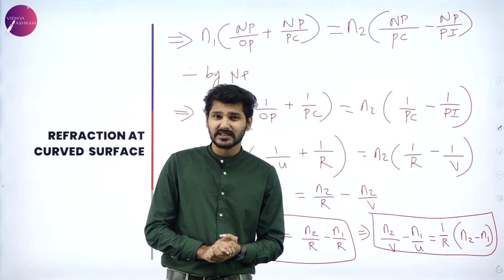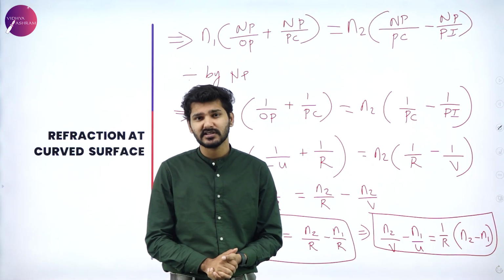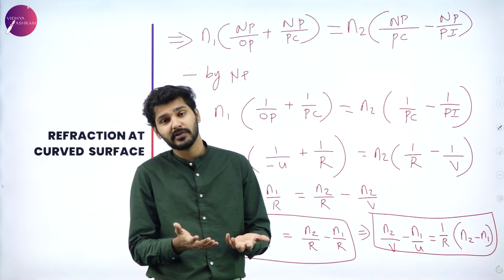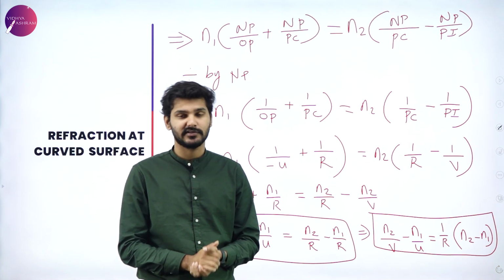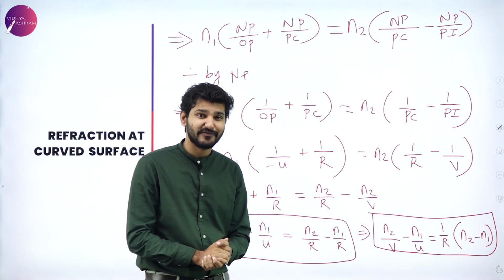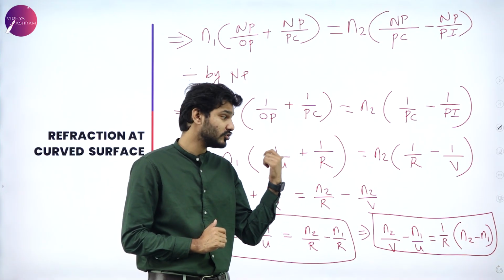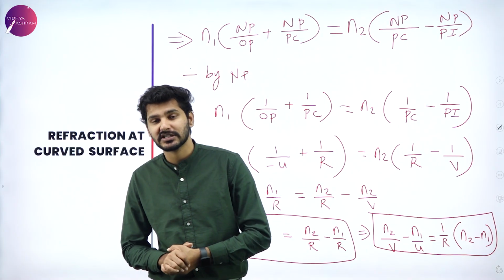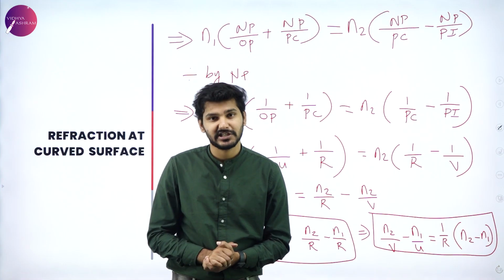Again, it is very easy. There is not much physical significance involved in this particular derivation. It is only a geometrical based derivation which signifies what happens geometrically when light is incident on a curved surface. So I hope you have understood everything about what happens when light hits a curved surface, how to represent that mathematically, and what is the relation between critical angle and the refractive index of the material medium.